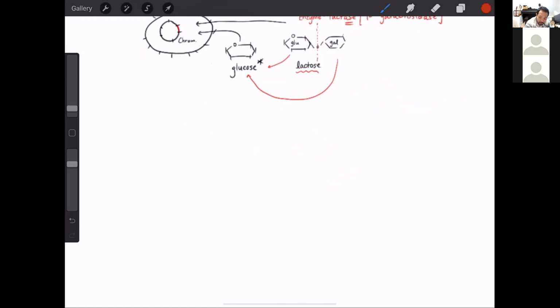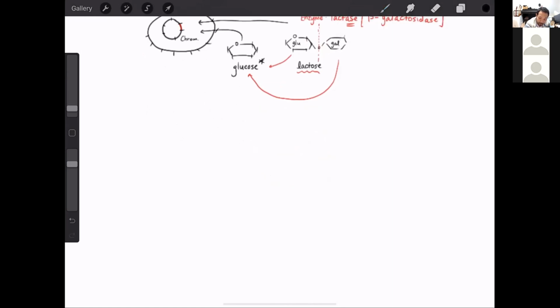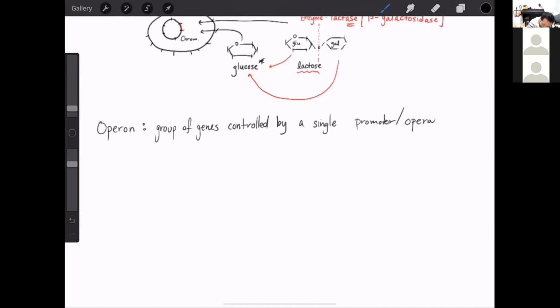So let me introduce you guys to a new term, and the new term is going to be something called an operon. Operon, okay? So an operon is going to be a group of genes controlled by a single promoter and an operator. Okay, and I'm going to draw out what this operon is going to look like here,